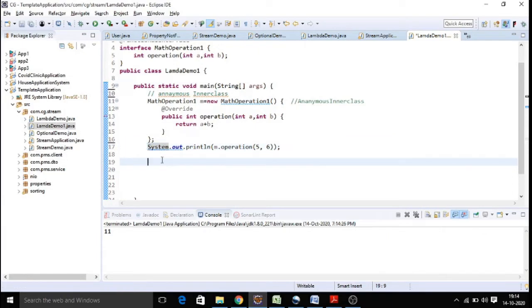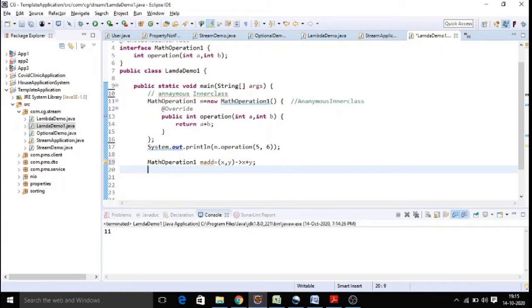Now we will declare MathOperation m1 equal to, and you write the same expression without using an anonymous inner class. You say x comma y, and you may perform addition, subtraction, it can be any operation. Here the operation is the madd operation, so you say x plus y.